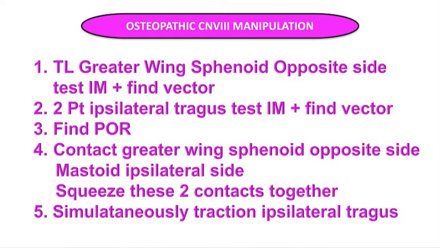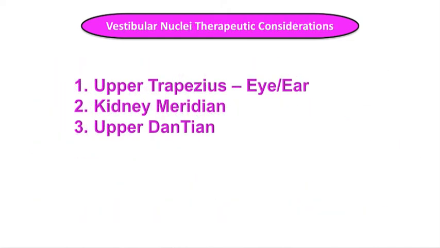Something else you need to consider therapeutically for the vestibular nuclei is, in classic applied kinesiology, the upper trapezius muscle is related to the eye and the ear. So look for any upper trapezius involvement, and this could be the classic 5 factors of the IVF, or as Dr. Bandy has now gone into the aspect of trauma, the upper trapezius can be involved as a trauma mark